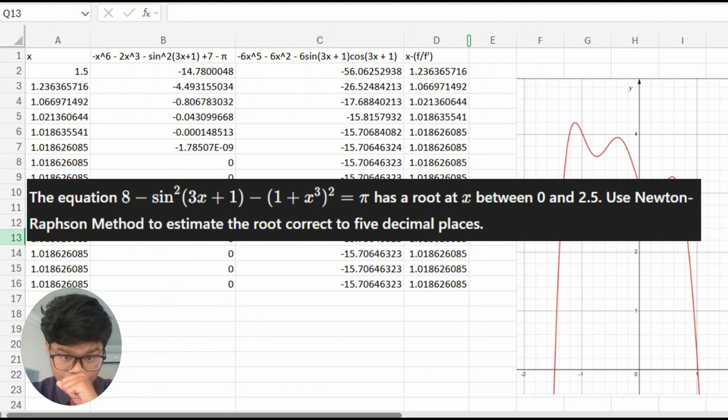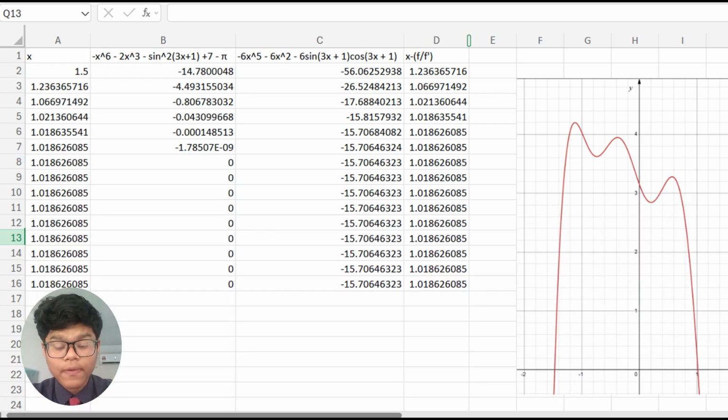Now, what is the Newton-Raphson method? The Newton-Raphson method is one of the most famous methods used by anyone to find the root at x, to find the root of any complex functions. It derives from the Taylor series by taking the first two terms